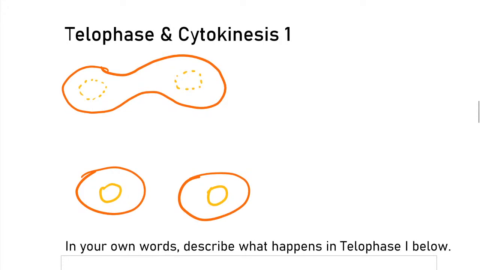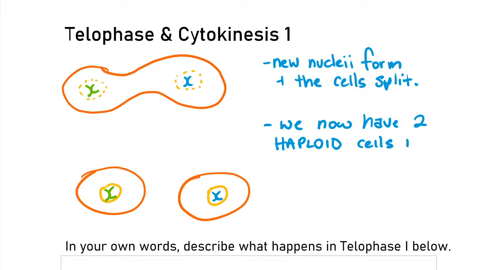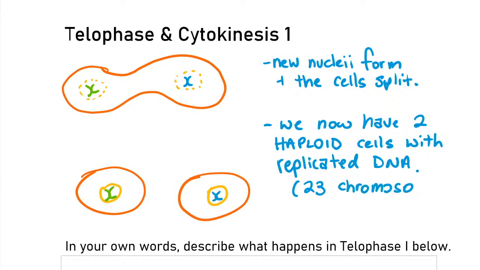And just for color consistency, I did green on the left. And I did blue on the right. There we go. And so at the end of telophase and cytokinesis 1, we get new nuclei form. And the cells split. And what we are left with is we now have two haploid cells with replicated DNA. And what that means is that each of these has 23 chromosomes, or one of each chromosome,